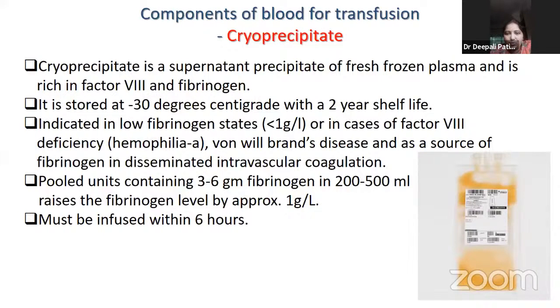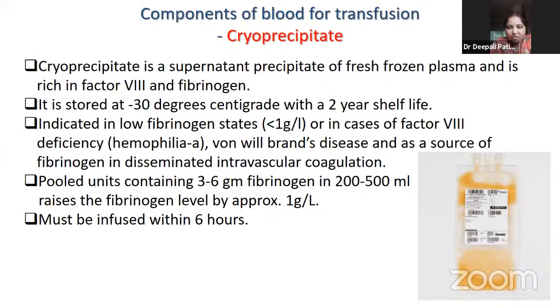Cryoprecipitate is a supernatant precipitate of fresh frozen plasma and is rich in factor VIII and fibrinogen. It is stored at minus 30 degrees centigrade with a 2-year shelf life. It is indicated in low fibrinogen states, that is less than 1 gram per liter, or in cases of factor VIII deficiency and the disease called hemophilia A or von Willebrand's disease, and as a source of fibrinogen in